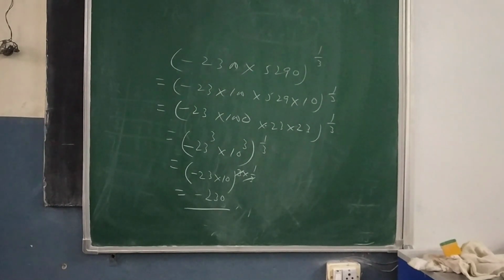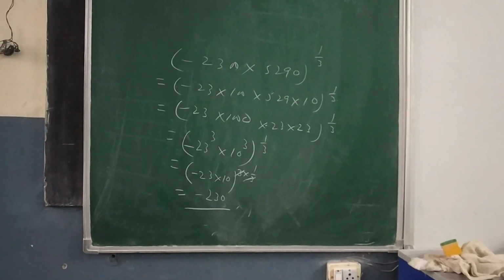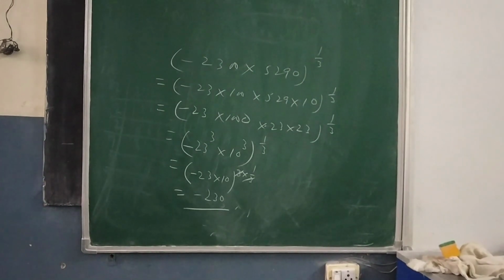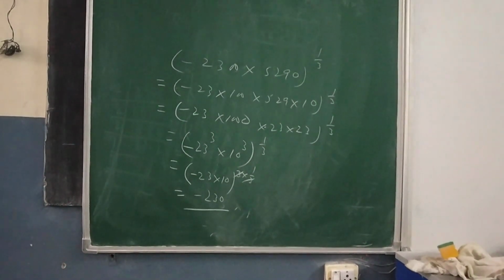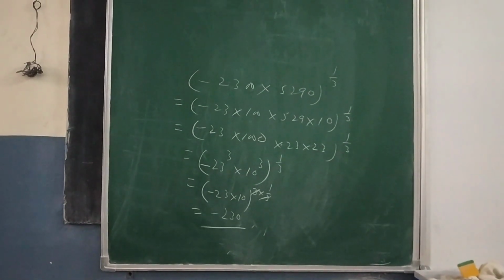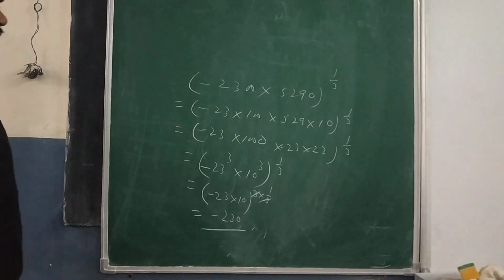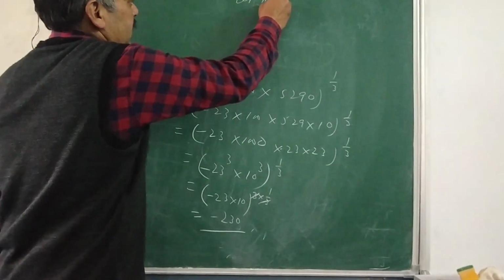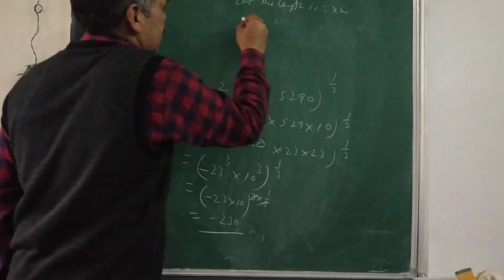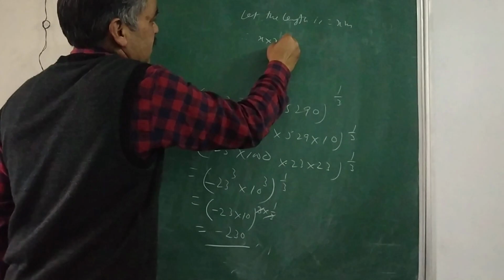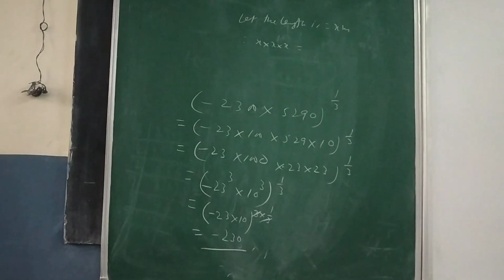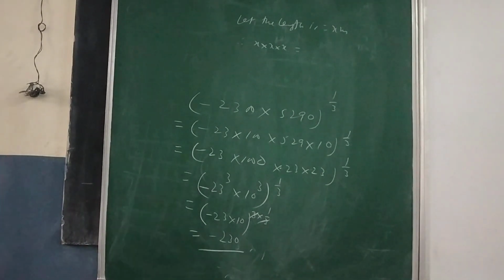And then move towards your second question, which is given in a problem sum form. A hall is a hollow cube and holds 74,088 meter cube of air. Find the length of the hall. So let the length be x meter. Therefore x into x into x, it is given the volume of air inside the hall is 74,088.